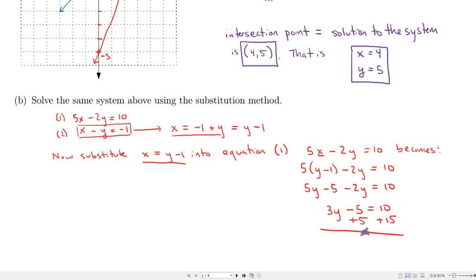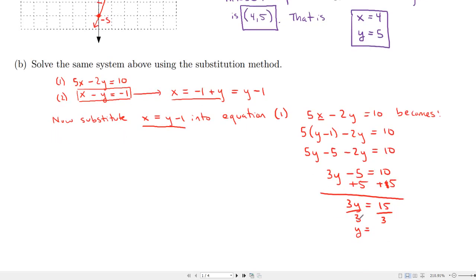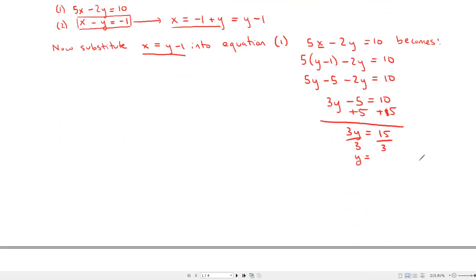And we have 3y is equal to, whoops, it should just say 5, not 15. So that's 15. And dividing by 3, we have y is equal to 5. Okay, and then now,